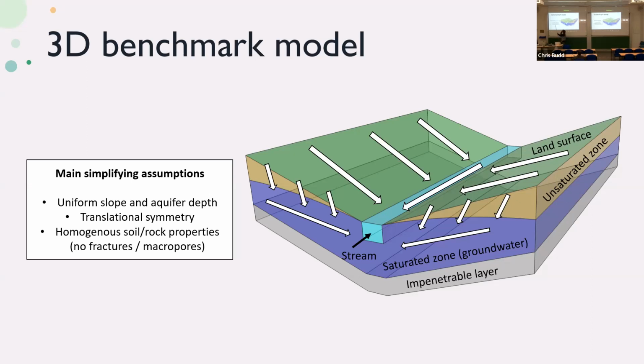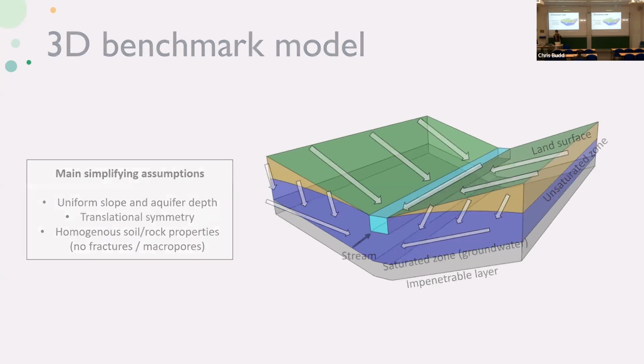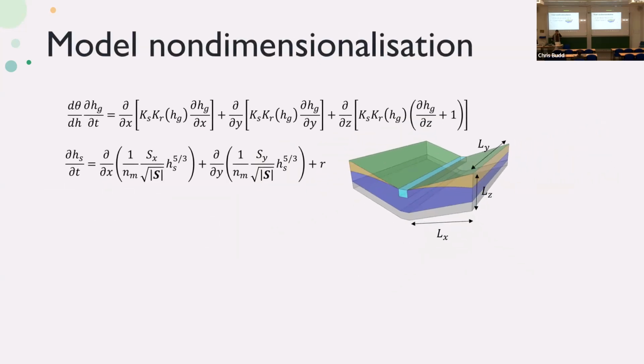But it also means that we won't be including any large-scale fractures or macropores through which the water can flow quicker than through the rest of the soil, which are observed in practice. Excluding these effects allows us to have a model which is easier to interpret and for which we can obtain conclusions more easily. So these are the equations that I wrote down in x, y, z coordinates